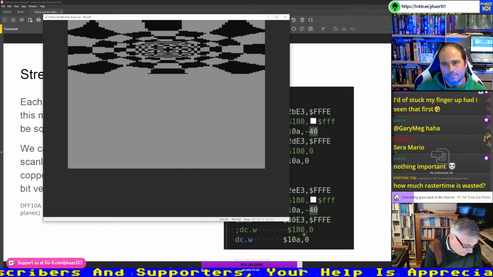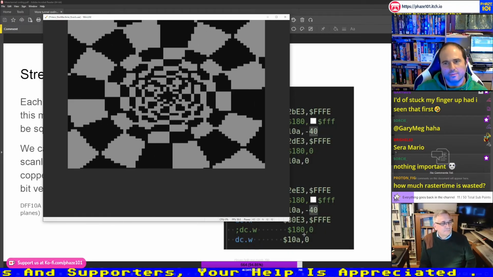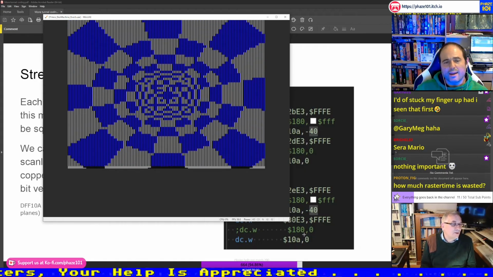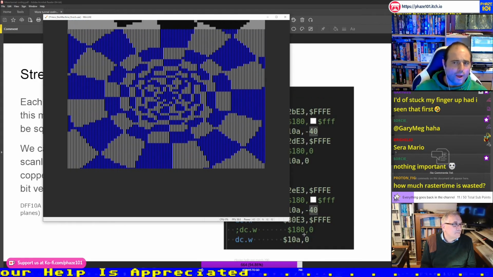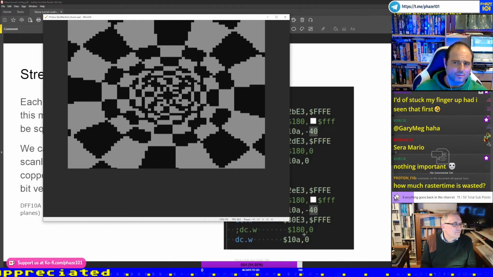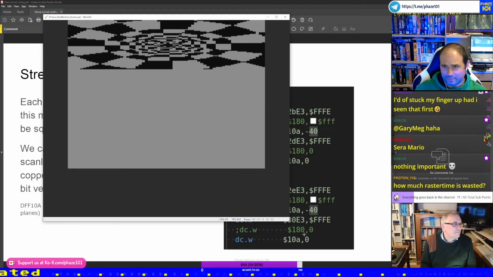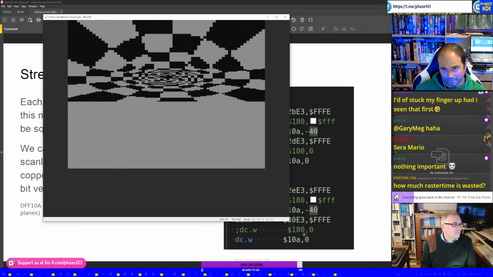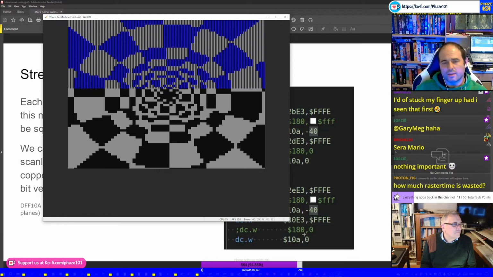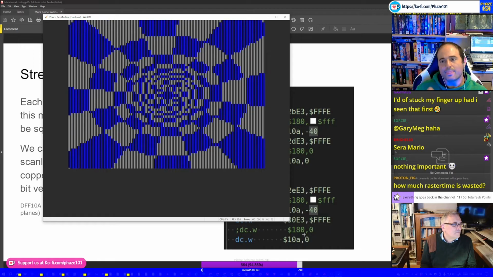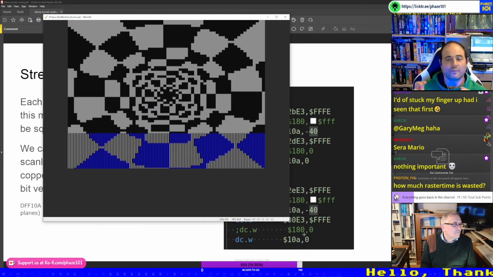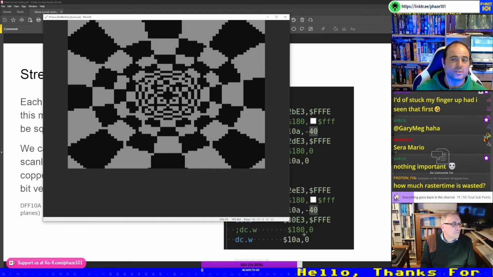So it was going a lot slower. Right now, it takes a full frame plus something. I can't achieve 50 frames per second. I wasn't able to do it. But still, if you run this on a stock Amiga 500, it goes 25 frames per second, which is, for me, good.